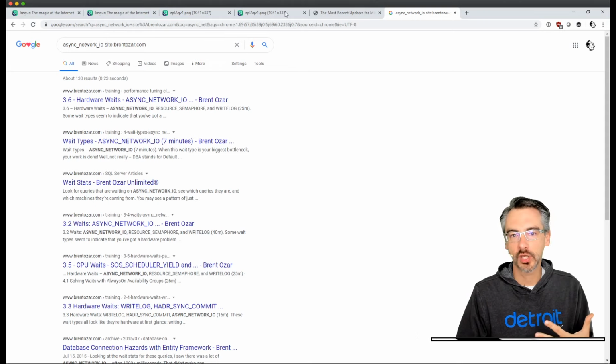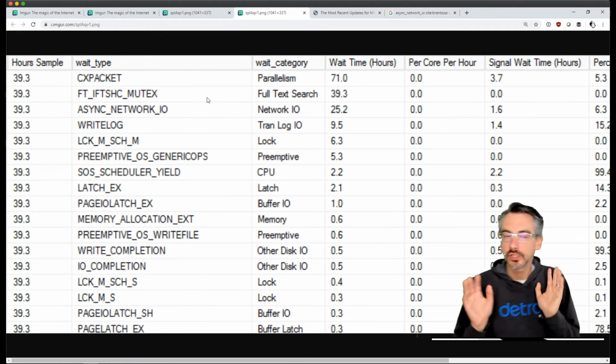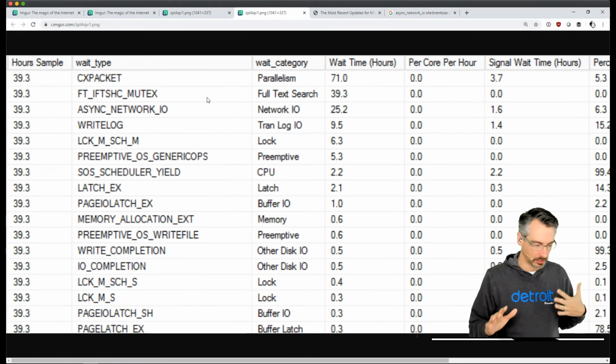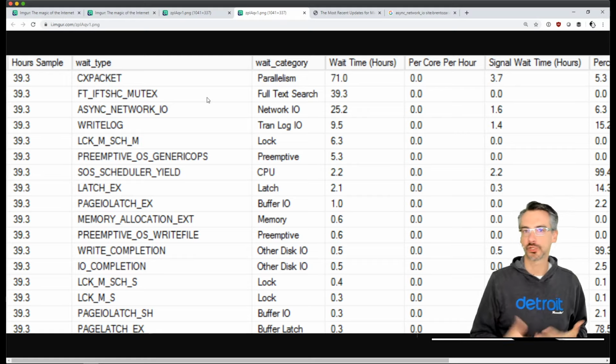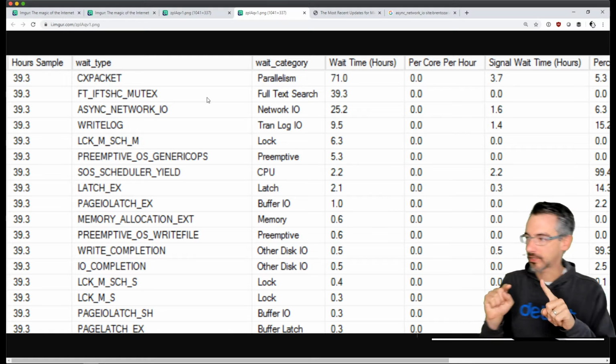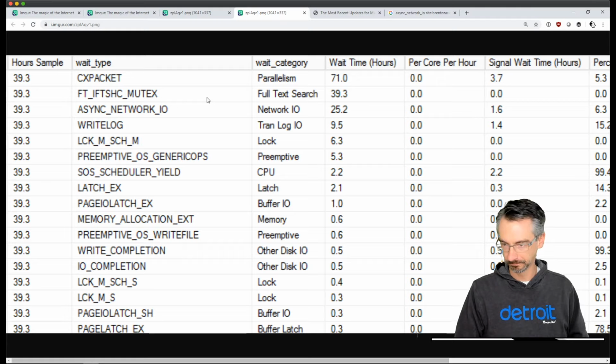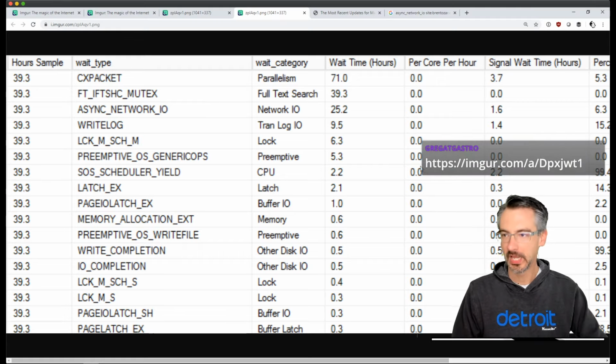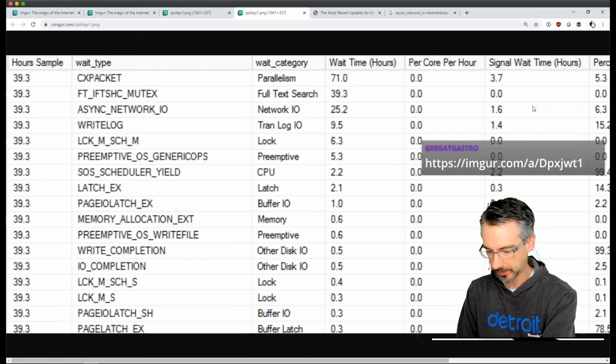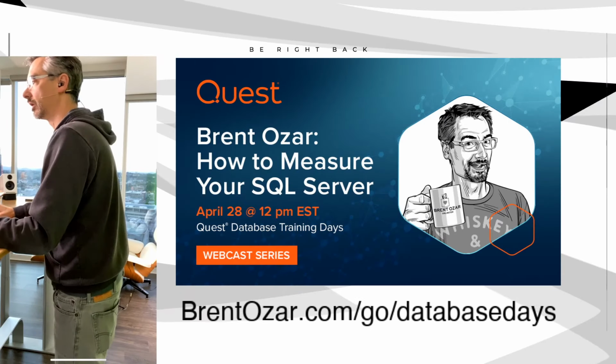I'll be honest, though, in yours, it's in pretty good shape. I wouldn't freak out. The thing that I would just do is patch. Just make sure that you patch, and you've set cost threshold and max DOP to sane defaults, so that's good. All right. Next up, let's see what we have next. Shelty says, thank you. You're absolutely welcome.